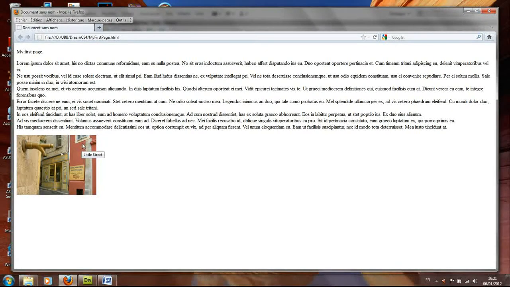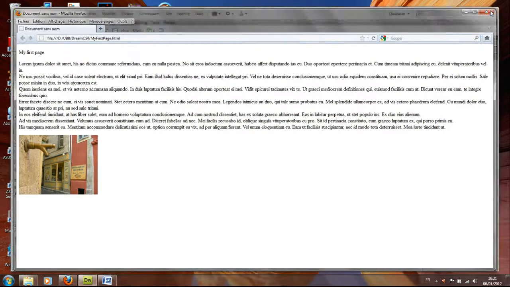So it's the contribution of the title attribute of the image tag. It's very important to fill this attribute, because it will improve your ranking. Okay, so I can close this window here,